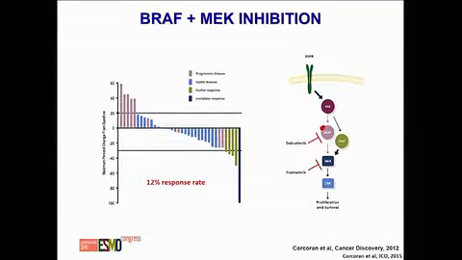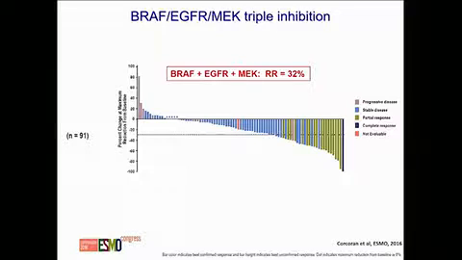So that led us to try a number of different strategies, targeting EGFR, which through some preclinical work we showed was responsible for this reactivation in some, but not all, BRAF mutant colorectal cancer models, and also eventually combinations of all three agents: an anti-EGFR antibody, a BRAF inhibitor, and a MEK inhibitor. To summarize a lot of clinical data, we just updated the final efficacy a few weeks ago at ESMO. And what we found now is a 32% overall response rate. Still short of what we see in melanoma with one drug, but at least now we're actually having some effect